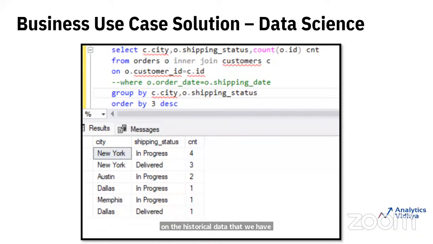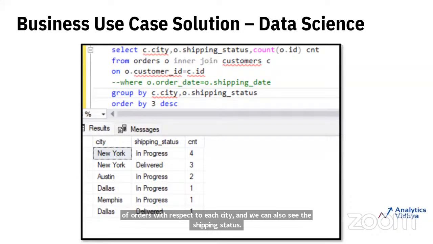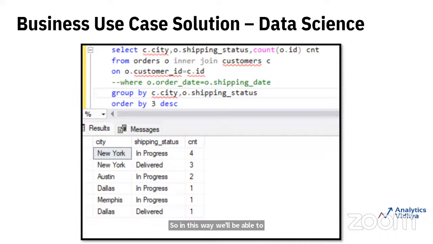So here we are extracting the city, the shipping status, and the count of orders. If you look at the output, we are getting the count of orders with respect to each city, and we can also see the shipping status. In this way, we'll be able to know the number of products that are being delivered properly in each state, and we can also see if there is any lag with respect to the